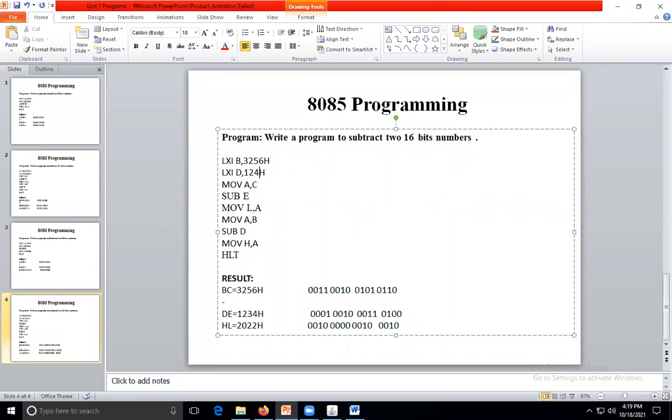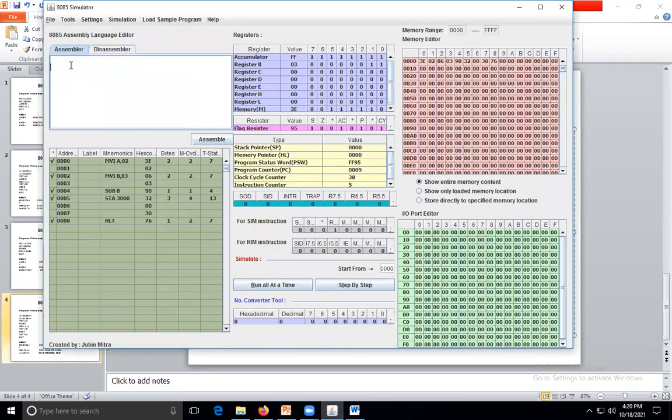After this subtraction, you will get the answer 2022. You will get the answer 2022. So you have to copy this, then see it on your Java kit.